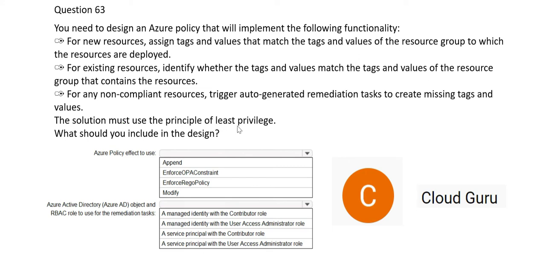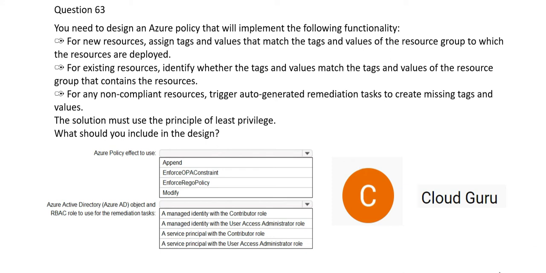Least privilege means only what you need, you will get that access. Suppose you have a building, suppose Infosys, you have a building in Bangalore, and you are coming as a customer. The customer client briefing center is on the ninth floor, suppose. Then this customer should get access to get into the front gate and the ninth floor. If he goes to the second floor or third floor, he cannot open it. That is what is needed here. So that is the principle of least privilege. You give the person access to only those things that they require. For example, the client only needs access to the ninth floor, so you should not give access to the whole building.